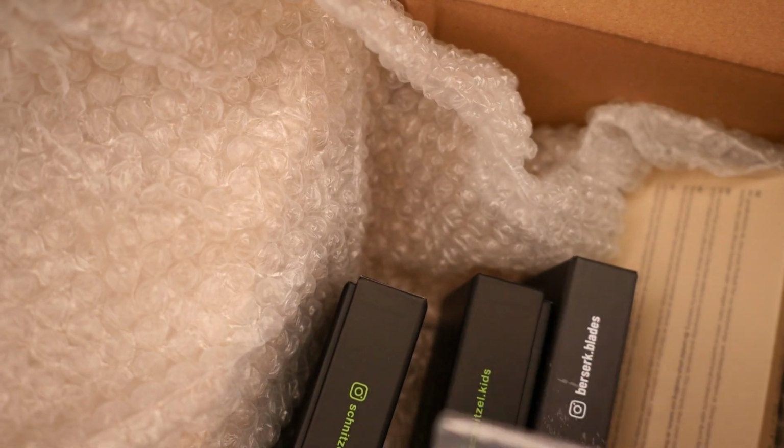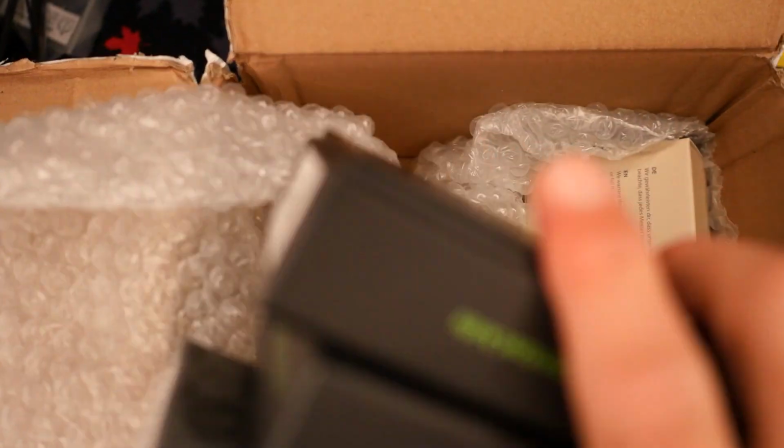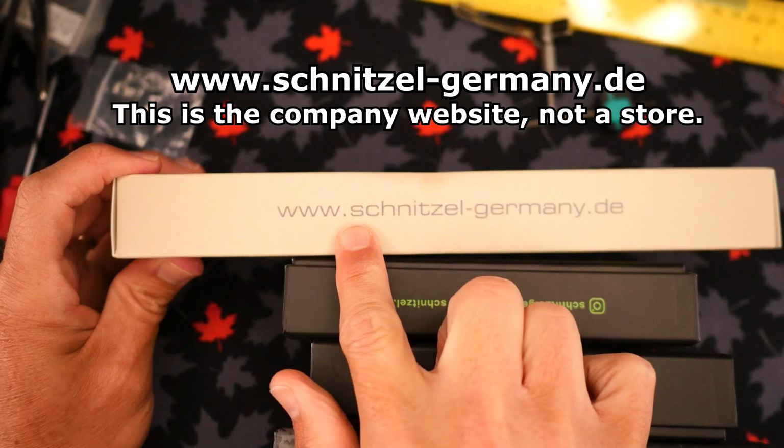Oh, got some swag. All right, let's put that to the side right there for now. Got 3 knives. Got 4 knives. Move this box. There we go. 4 knives. There's the company,